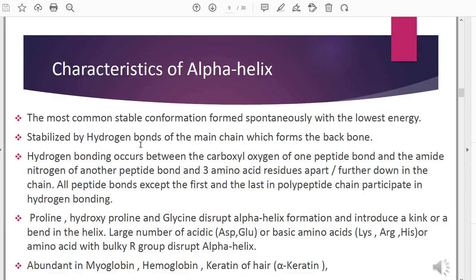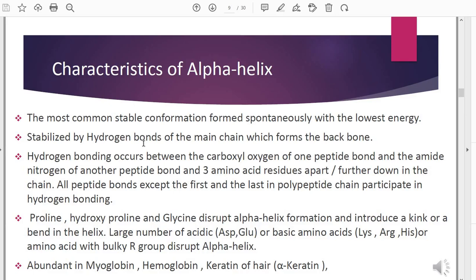Why? Because the alpha helix contains just one polypeptide chain forming the backbone, so hydrogen bonds formed in a single polypeptide chain make it twisted or folded to form